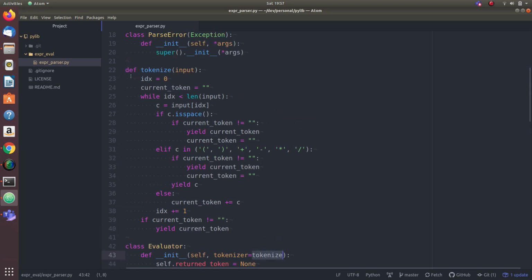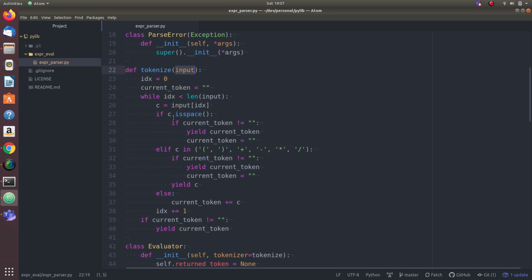I won't walk you through the code in too much syntactic detail, but at a high level, Python has a very elegant concept called generators. That is used to implement this tokenizer. Generators generate what can be described as lazy sequences. The input is a string, and ultimately we want the tokenizer to output a sequence of tokens. So the input is split into tokens and the sequence is output by the tokenizer.